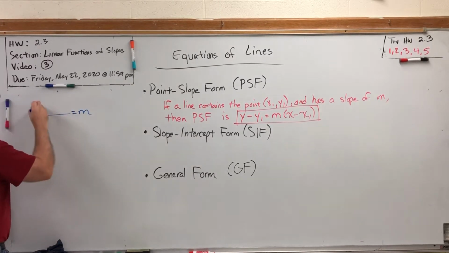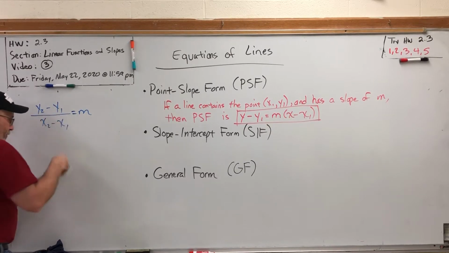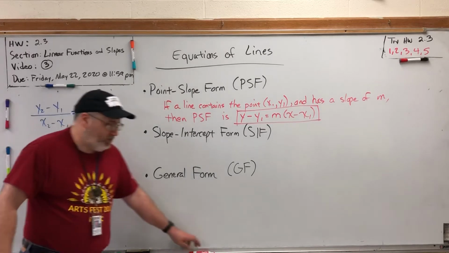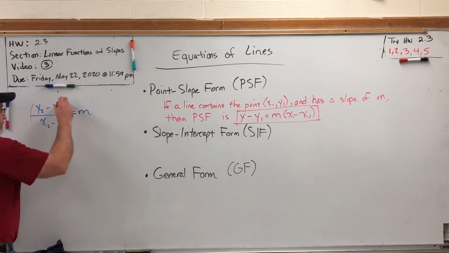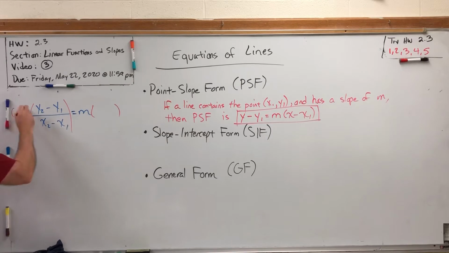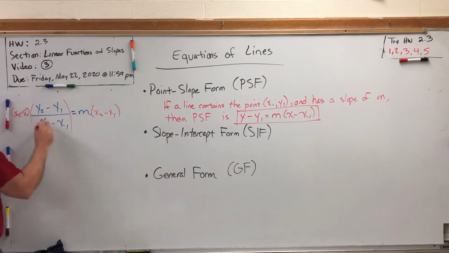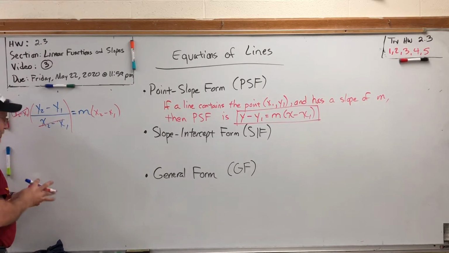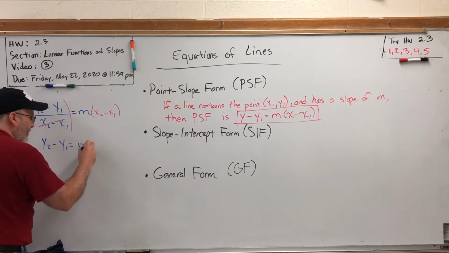It's the same formula, but it'll be easier to write what I'm going to write next. But if we start with the formula for slope, and we multiply both sides by the denominator, so x2 minus x1, then that gives us enough ammunition to cancel the fraction's denominator, leaving us y2 minus y1 equals m times x2